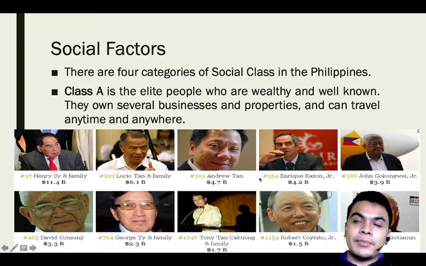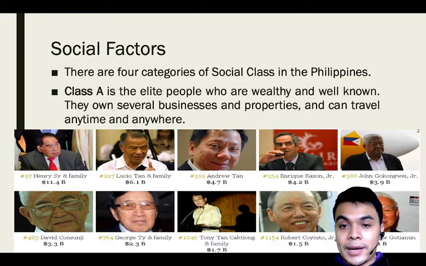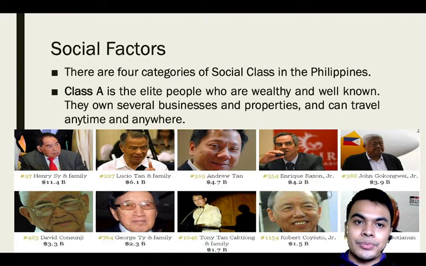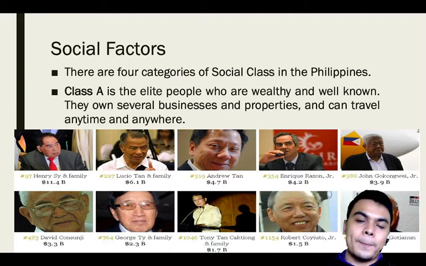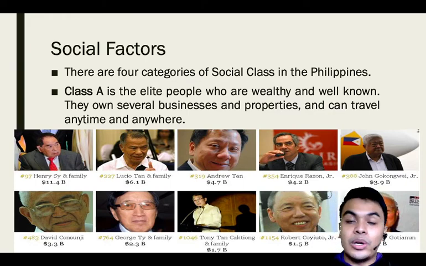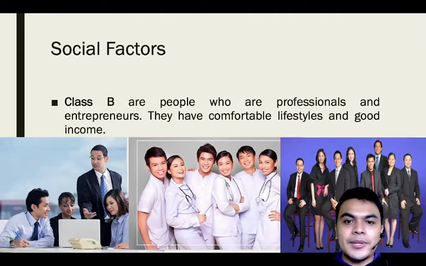These are the wealthy people and it is understood that they have higher purchasing power. May mas budget sila. So, if we will try to analyze, what could be the products that they are going to spend their money on? Siyempre, yung mga high-valued products or branded products or luxury items. So, nandun sila.